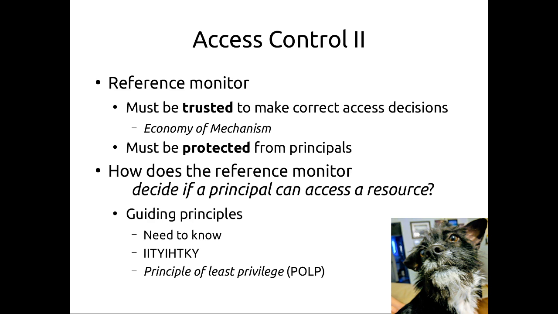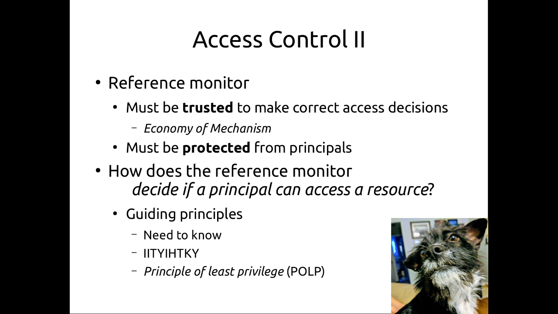So for a goal that requires access to some resources, you should only have access to those resources and not the rest of the resources in the system. You should have the least privilege to all of the resources to be able to conduct your goal, right? I think this makes intuitive sense to the point where people assume that it's kind of the default, but it's not. If you think about it in a system like Linux or just generally a Unix variant, you have access to be able to make any system call within the system, whether your application actually needs to make those invocations or not, right? So the principle of least privilege is really important in deciding kind of who should have access